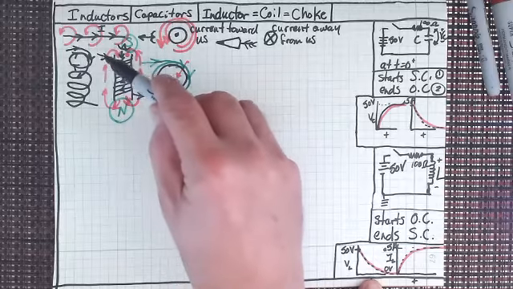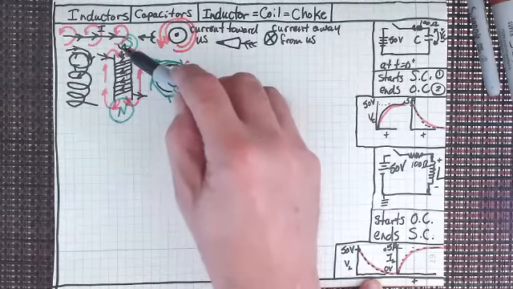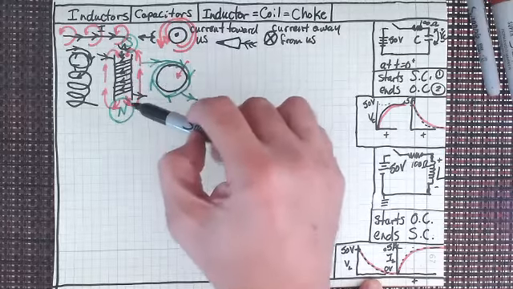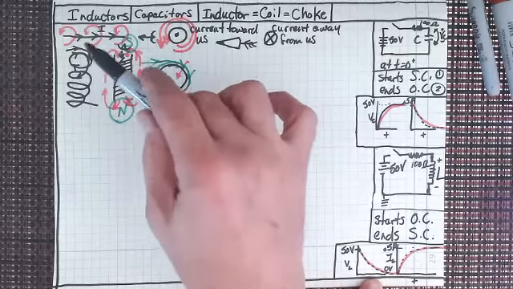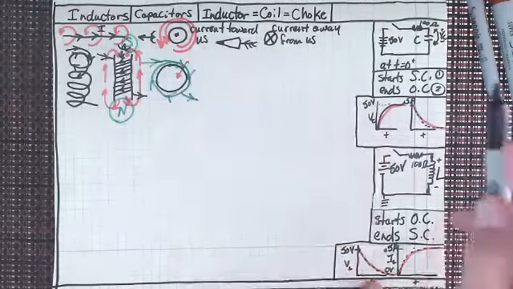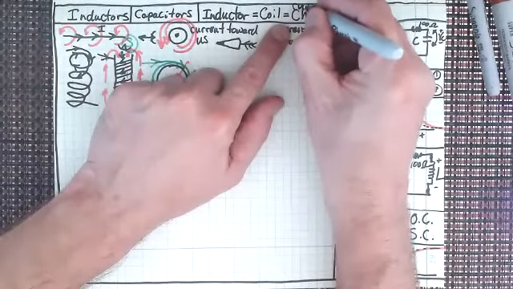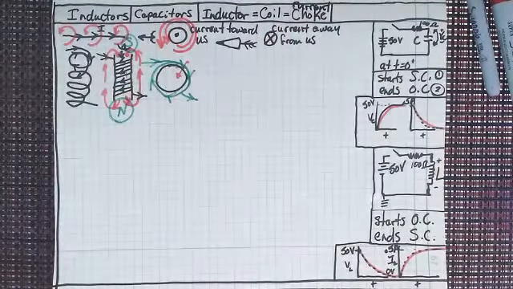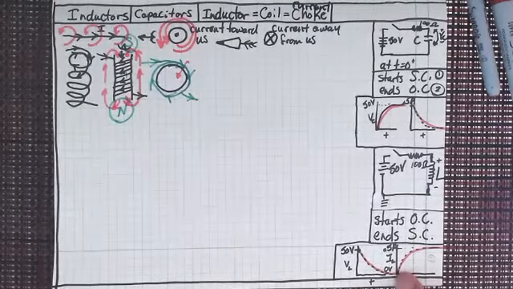So the first current that goes in here is slowed down as the magnetic field is growing. The current that's coming in is really going into growing this magnetic field. So this magnetic field, as it grows, is choking back the current. It's a current choke, isn't it? Why do I write these things so large? It's a current choke. That's why we call it a choke, because when it first starts, it starts choking the